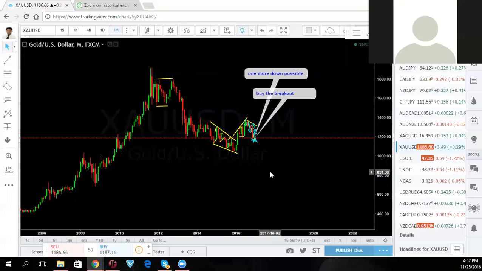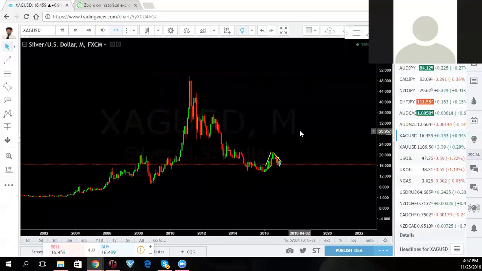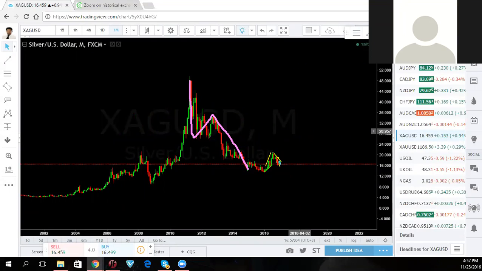It's the same on silver. Very similar structure. You have an impulse, you have a correction, you have an impulse. We think this could be a possible corrective structure here. And that means this has a chance to go down, retest the low, not very far, and then start the up move. That is a possibility we see.